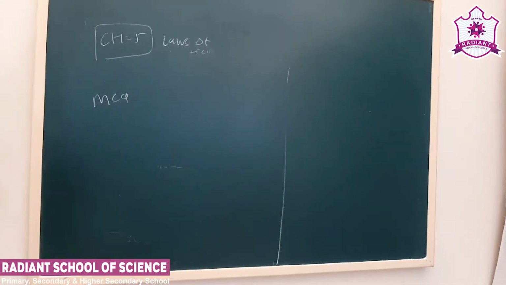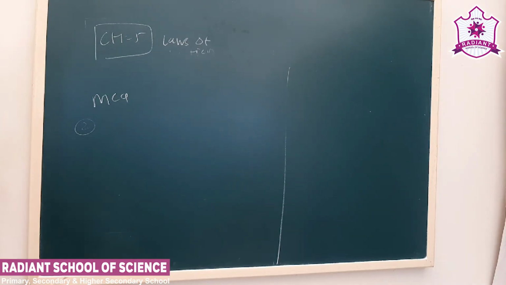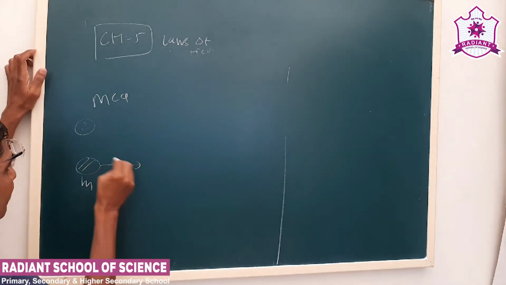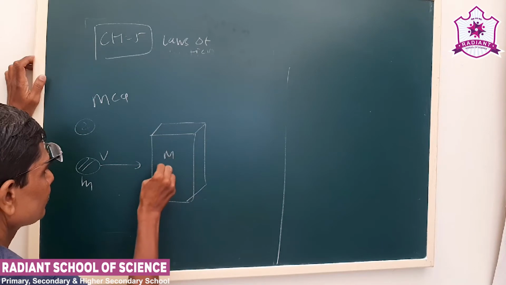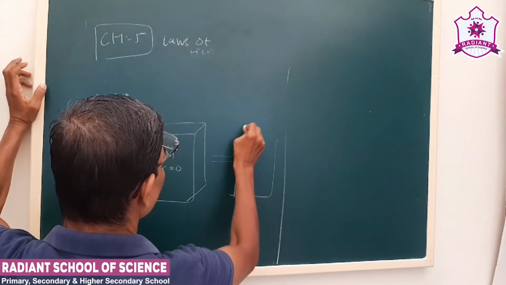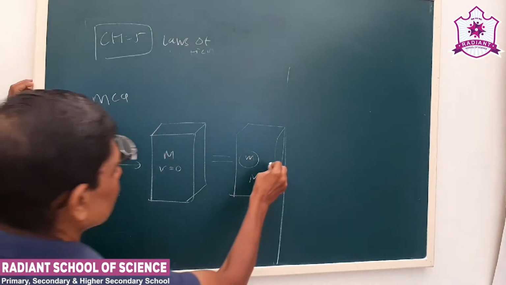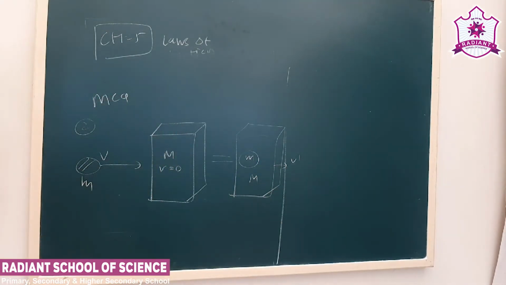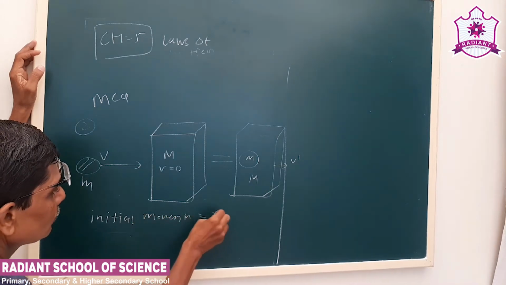See, here we take the help of the law of conservation of linear momentum. Okay, a bullet of mass m moving with the velocity v penetrates in the block of mass M, which is stationary. After collision, both move in the same direction with a common velocity. What will be the final velocity? Let us say v dash. Here we take the help of law of conservation of linear momentum, that is, initial momentum should be equal to final momentum.